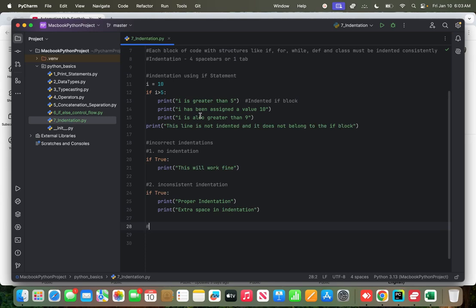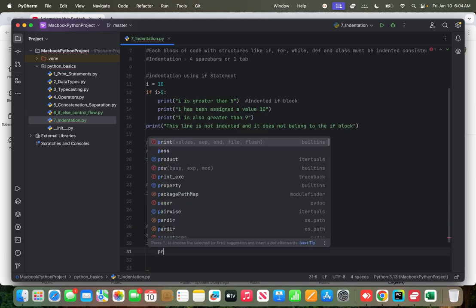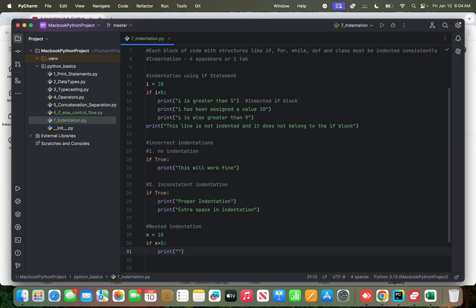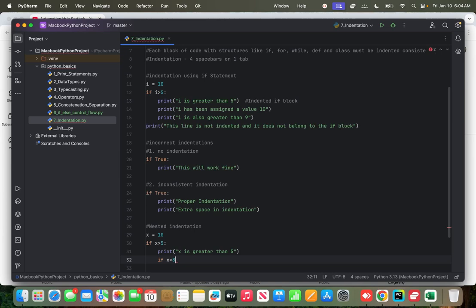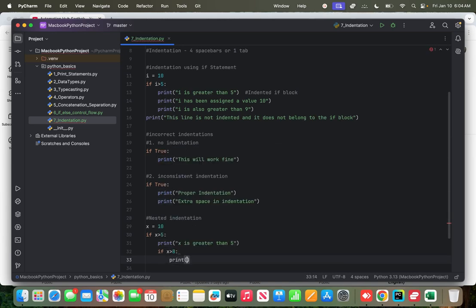Okay, now let's learn about nested indentation. Nested indentation is like when you have an if block inside an if block, there also you have to be careful with the indentation. So let's write x equals 10, if x greater than 5, I'll write here print x is greater than 5. Okay. Now I'll write an if block again, if x greater than 8, print x is also greater than 8,